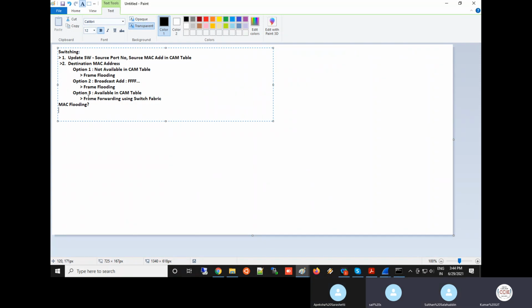Now when it is doing frame flooding, everybody in the network will see the traffic. So automatically sniffing is happening. You know what sniffing is? Seeing others' traffic, right? So instead of doing any span port or anything, just do the MAC flooding attack. Then automatically the switch will work like a hub. It will send to everybody. All traffic will go to everyone.